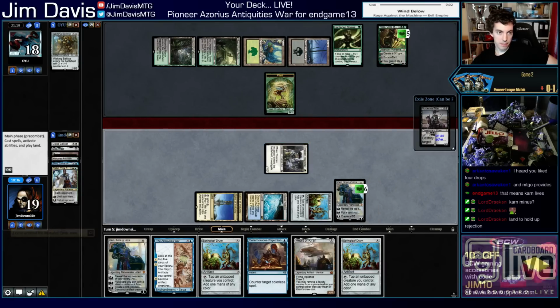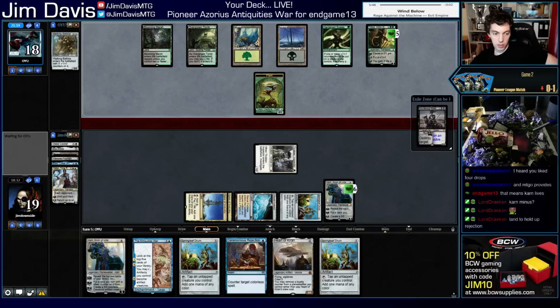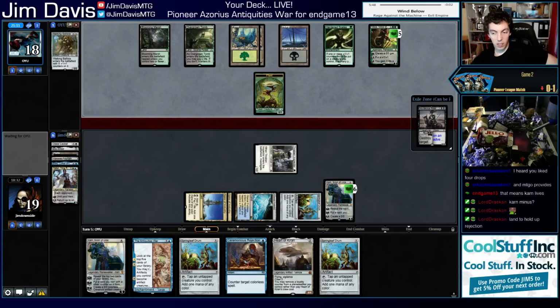Drum, Saheeli. Alright. Not ideal. Not ideal, but I mean, honestly, casting Saheeli next turn is pretty good. We'll see what they have, but